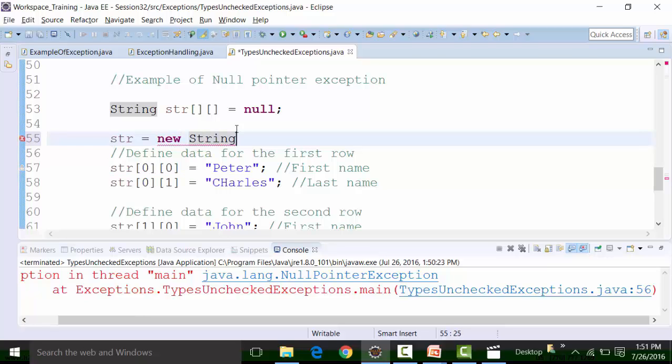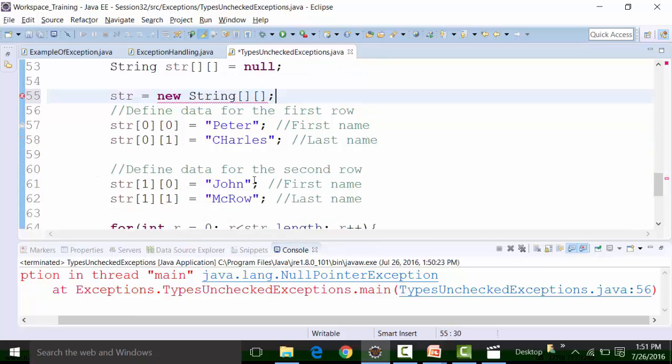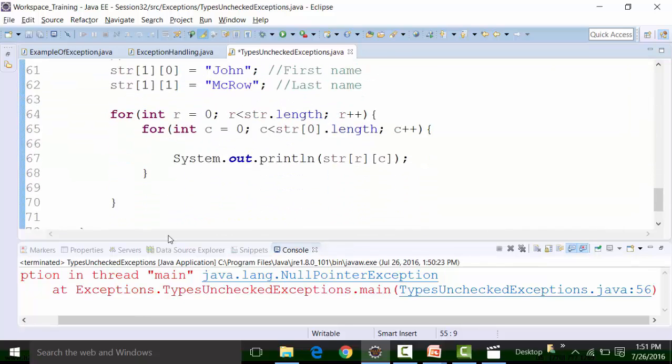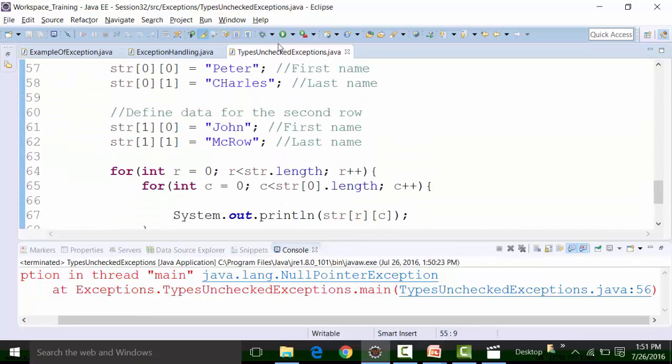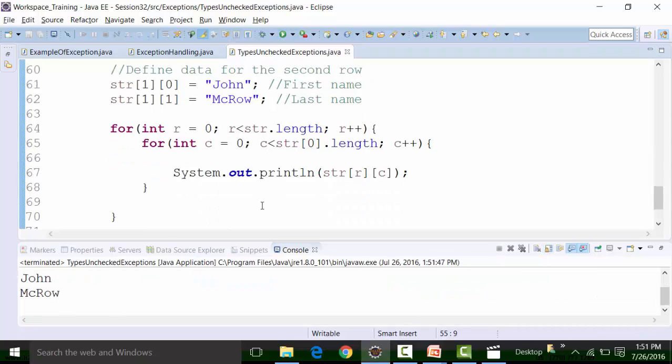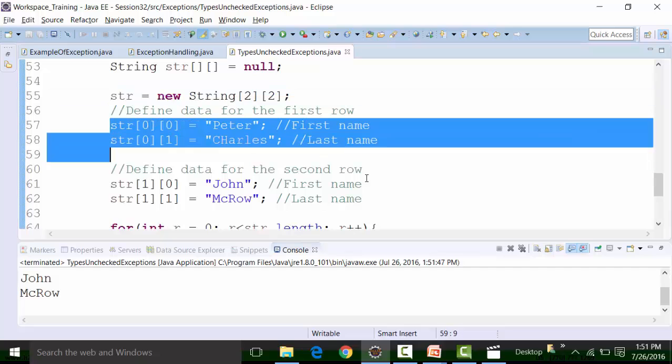Now here you can define it before defining the data for the first row and second row. The coder by mistake, or by carelessness, has not written that line, and it has two rows and two columns. If you define this line and then execute this class file, the null pointer exception will go, and you get the result for Peter, Charles, John, McEnroe, which are nothing but the data in the first row